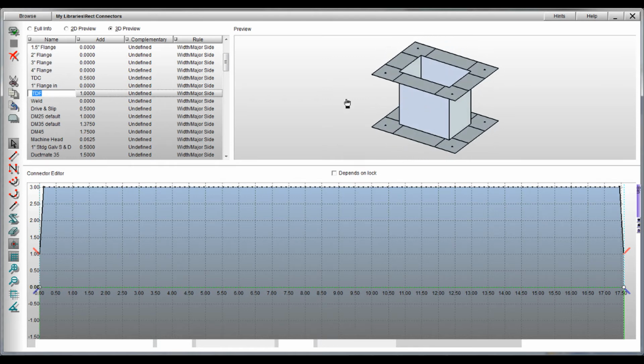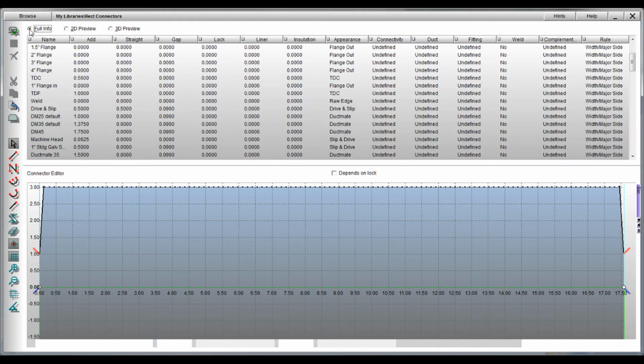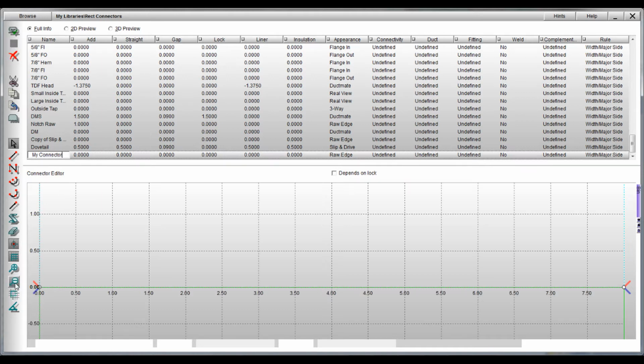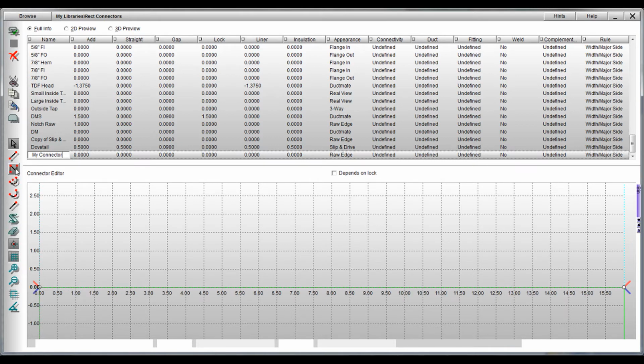To create a new connector is easy. Just click on the new connector icon, give it a name, and you're ready to start adding your own. Looking here, you can see we will first choose the grid settings we want. This makes it easy to snap from point to point in values we find favorable. Then using our simple CAD tools, we just draw out the contour of this particular edge, and when we're done,